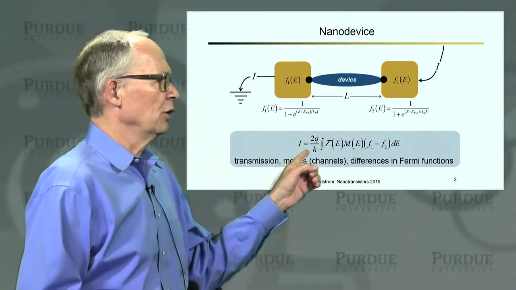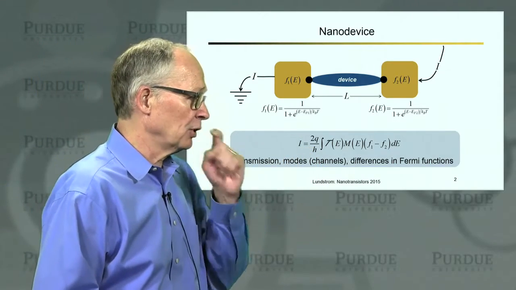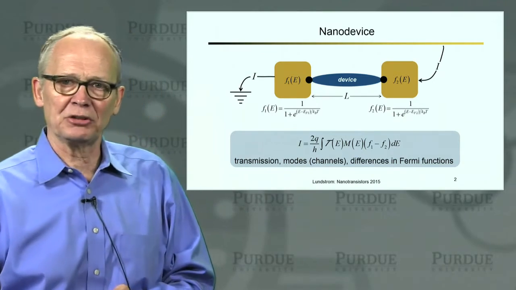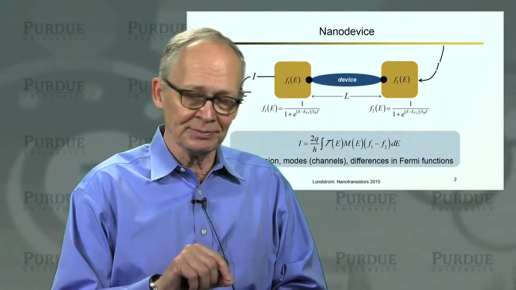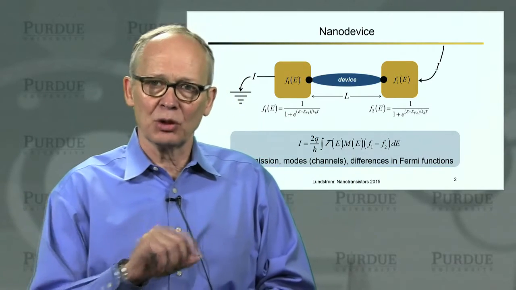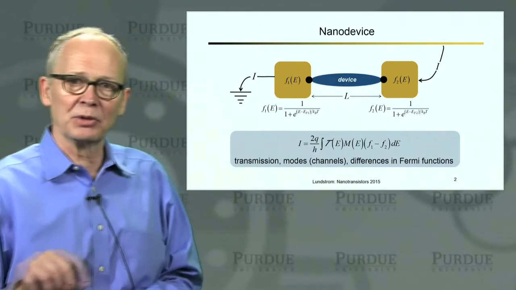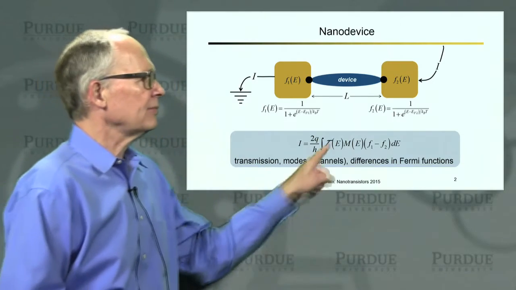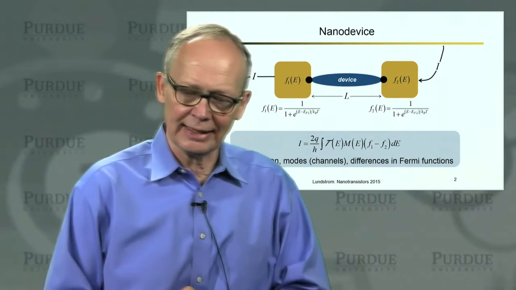And the expression we're going to use here is what we call the Landauer approach. There are some fundamental constants. There's a quantity we call transmission, which is just a probability, a number between 0 and 1, that an electron that is injected from contact 1 goes all the way across and makes it out contact 2. M is the number of channels in which current can flow. And F1 and F2 are the Fermi functions of the two different contacts.